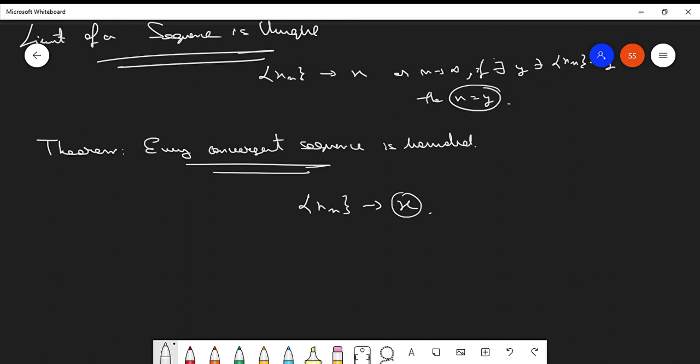So basically we can say that xn is less than x plus epsilon, right? Because xn gets in the neighborhood of x. Similarly, we can also say that xn is greater than x minus epsilon, right? So it gets bounded between x minus epsilon and x plus epsilon. This is just an intuitive explanation.